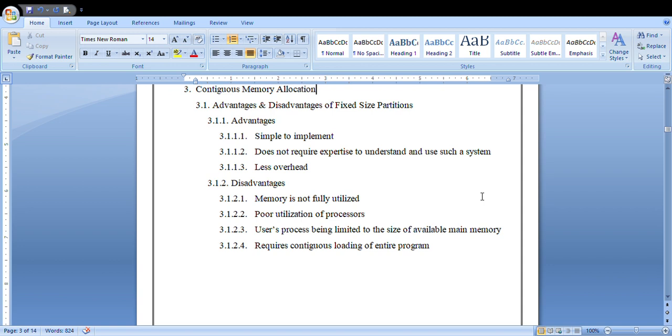What are the advantages and disadvantages of fixed size partition?